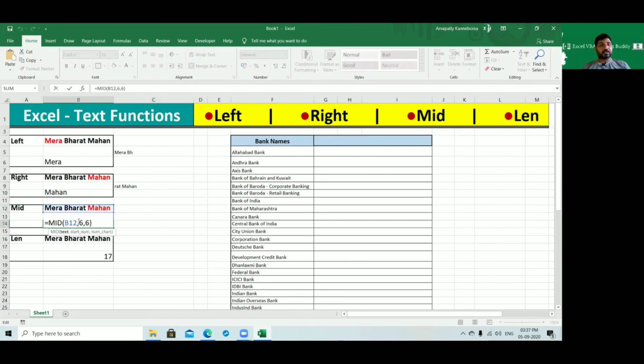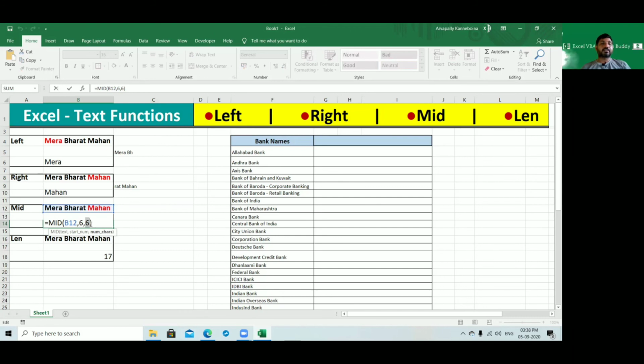The syntax for mid has required arguments: text, which is the source data; the start number, where in the source data the text we need starts; and the number of characters, how many characters are required. Previously with left and right we gave only the number of characters, from the left or from the right. Mid takes a starting character, so you can start from anywhere.